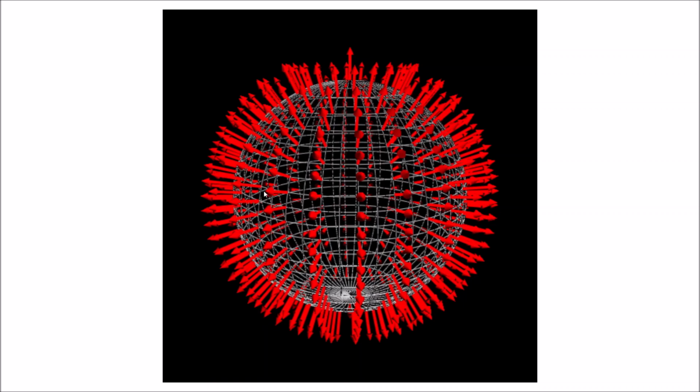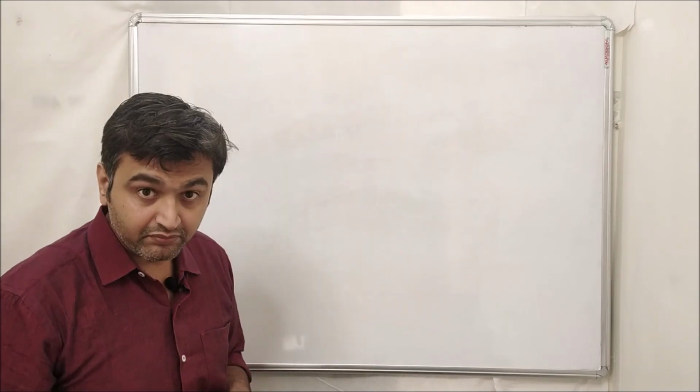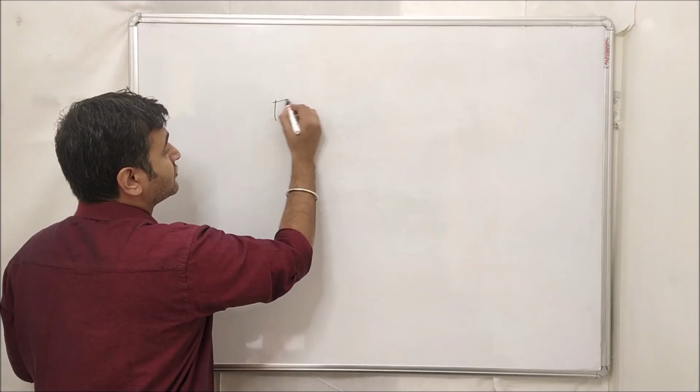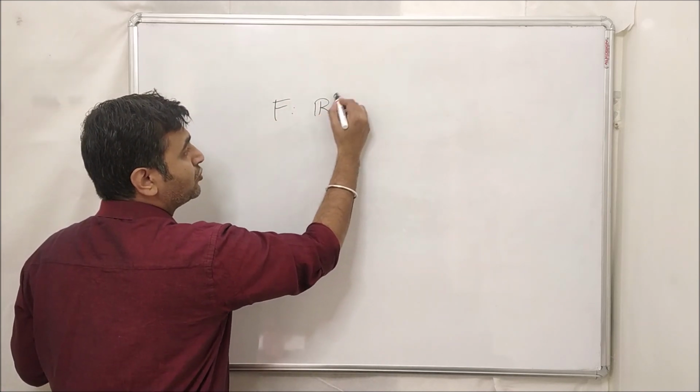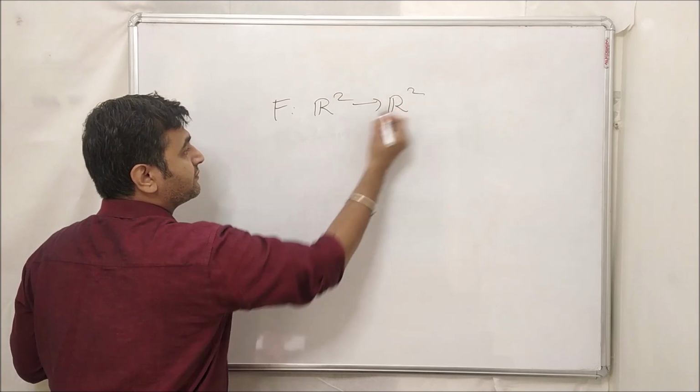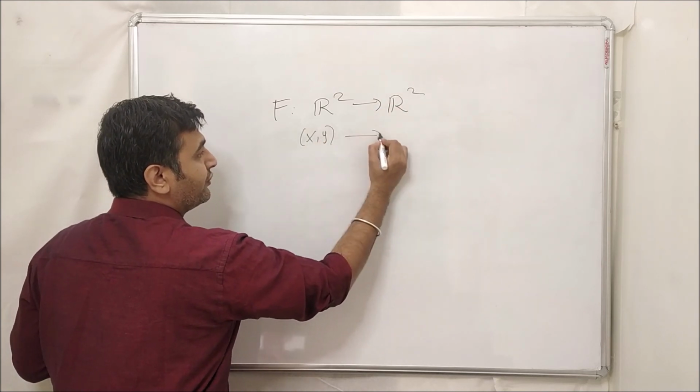How to sketch a normal vector? You do that with the help of the gradients, right? You have a tangent plane, and the vector which is perpendicular to the tangent plane is called a normal vector. These vectors are nothing but the gradient vectors on the surface of the sphere. Okay, now let's see how to sketch the vector fields. So now the question is how to plot them. Let's take a simple example. Suppose F is a function from R2 to R2, and suppose your x comma y is going to 1 comma 1.